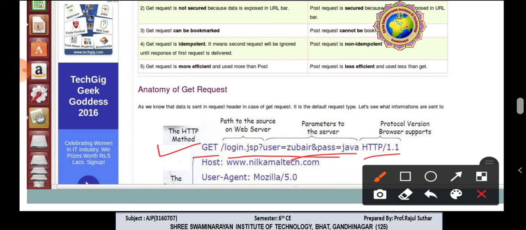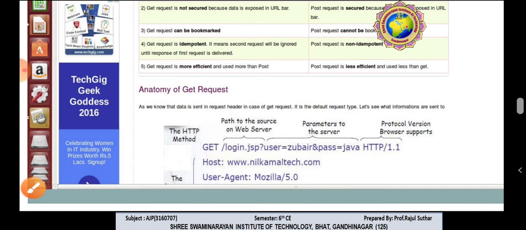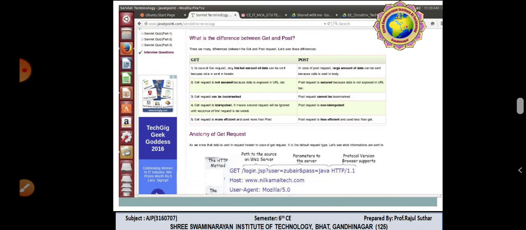Here version 1.1 is covered. So it is the protocol version for browser support. And this is a simple example like host www. You can use any example.